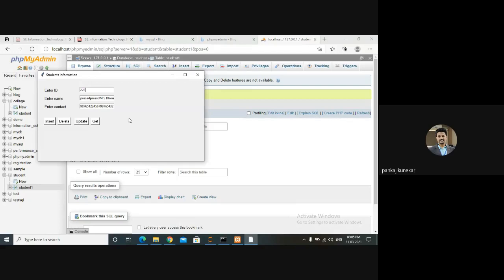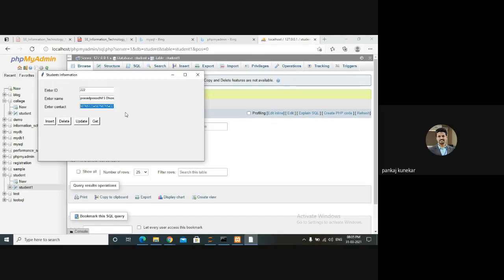So you have learned that you should have a unique key, you should have a primary key, and the ID should be unique. That thing you need to take care of. Even the contact number should be 10 digits. So this validation you can perform whenever you create a mini project. You should use this kind of CRUD operation for your mini project. These are the insert, delete, update, and get operations.